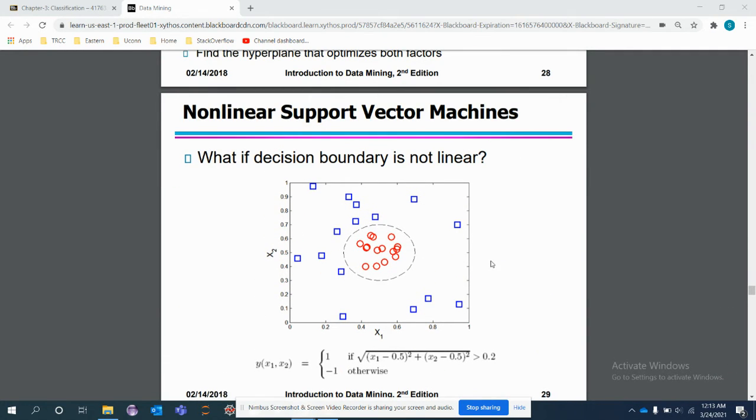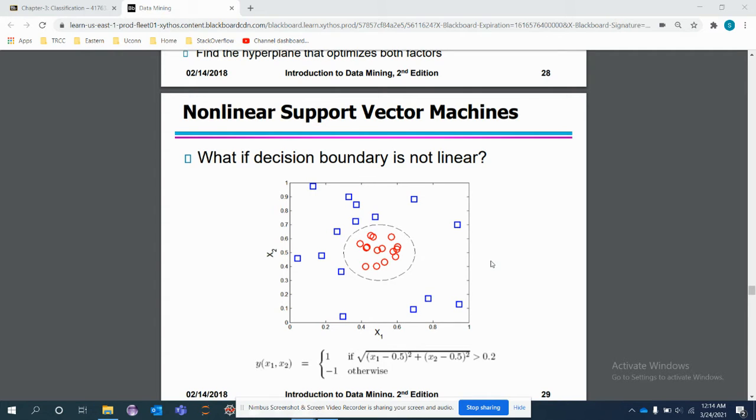So let's see how to understand a nonlinear support vector machine in terms of a data decision boundary, whether it is linear or nonlinear. In case of data sets having nonlinear decision boundaries, the SVM is applied in a certain way. The basic idea is to transform the data from its original attribute space X into a new data distribution or space, so that a linear hyperplane can be used to separate the instances in the transformed space using the SVM approach. The learned hyperplane can then be projected back to the original attribute space,